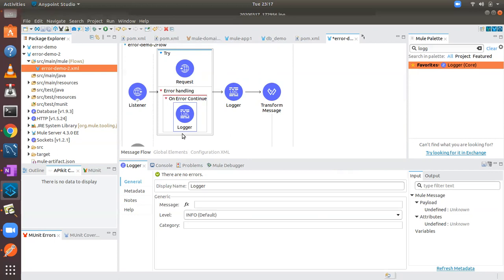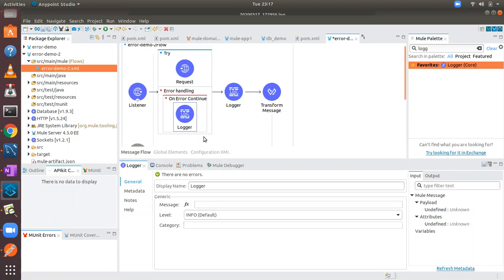Now, how is error handling done? Whenever error occurs, an error object gets created. The error object contains two parts: one is the namespace part and the other is the identifier part. Each scope is configured to handle some error. So if the error object matches, the scope gets executed. If the error object does not match the scope, another scope gets executed. Okay, that is the story.